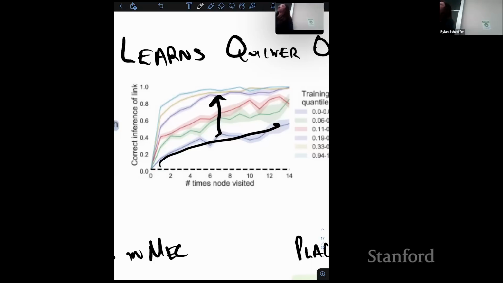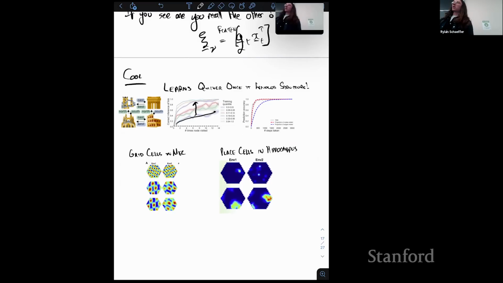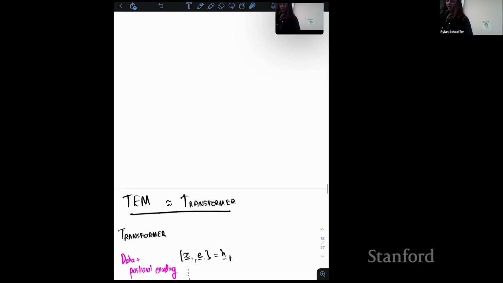And then, insofar as modern Hopfield networks equal attention, this is the transformer. There are some results looking at activations. These are actually recordings in the brain, in TEM. The left ones are neurons in the G section, in the medial entorhinal cortex part of TEM, as you vary position. My last section is about how TEM is like a transformer, so hopefully the link between the two will be clear after that. TEM is approximately equal to a transformer.